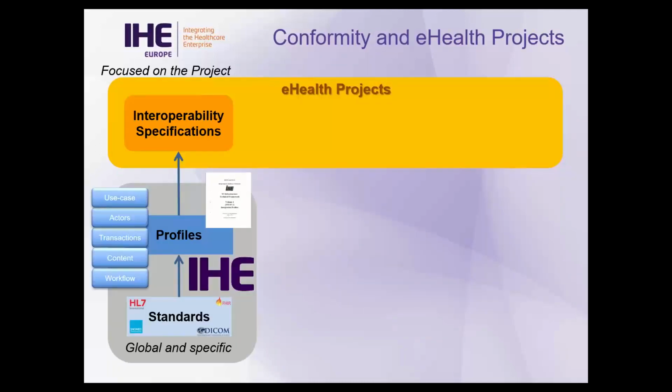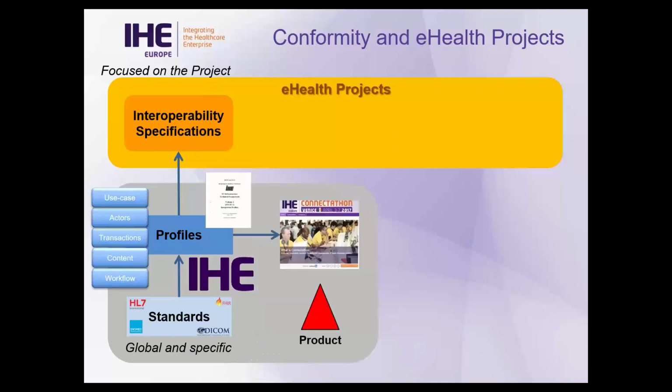So this is now in detail what should happen. We have the base standards on the ground: the old or mature HL7 V2 standards, for example, or LOINC or SNOMED, DICOM, or FHIR, and they should be profiled, or we do profile them and divide them into the respective actors and transactions flowing in between. And those should be leveraged by the eHealth projects in their interoperability specifications. And what happens then is that these profiles serve vendors to create software which is then tested at IHE connectathons product-wise,